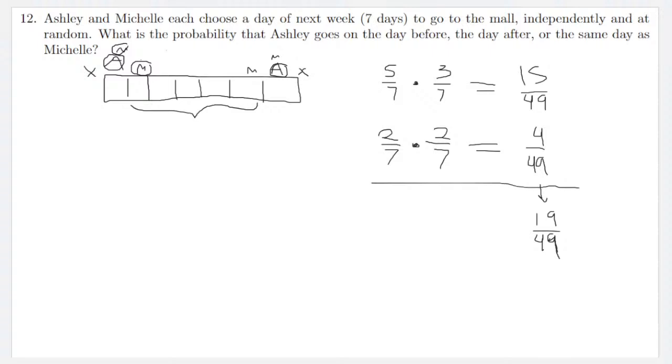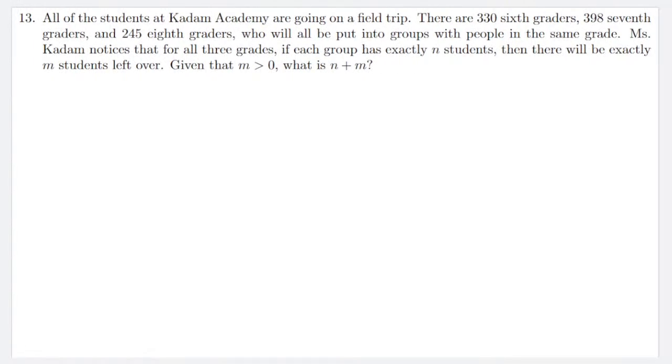Okay, moving on to number 13. All the students at Cottom Academy are going on a field trip. There are 336 6th graders, 398 7th graders, and 245 8th graders who will all be put in groups with people in the same grade. Ms. Cottom notices that for all 3 grades, if each group has exactly n students, then there will be exactly m